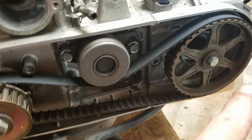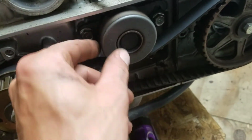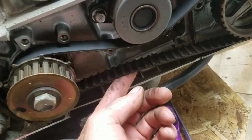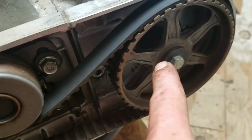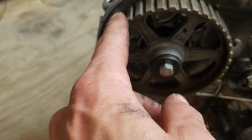So this side is in its neutral place. Took the spring off, tensioner loosened it up. It moves up and down. It's kind of uppish right now, but loose on the bottom, loose on the top. I put the ratchet on here. I moved it back and forth just a little bit, and it held really nicely. It's in its spot. So the only one we really got to worry about putting it back together is this one,